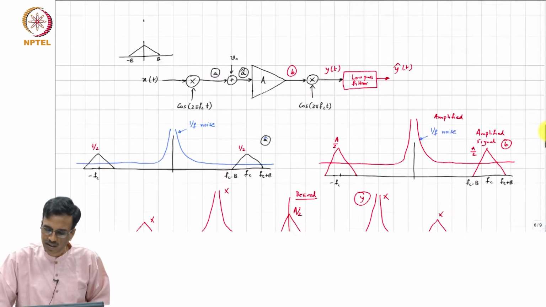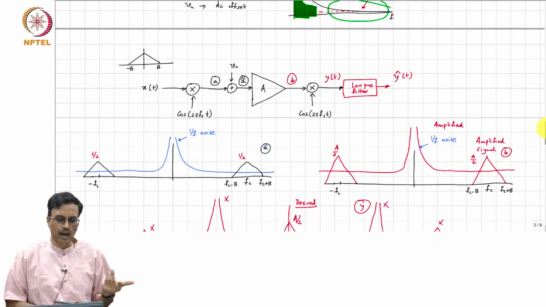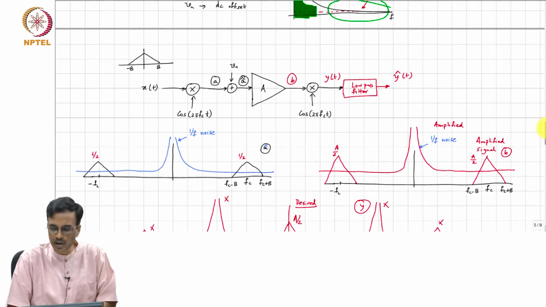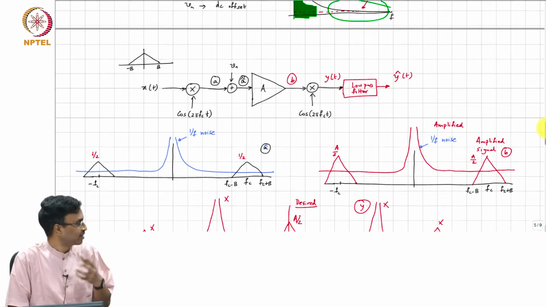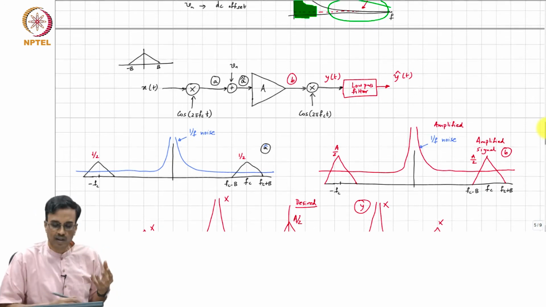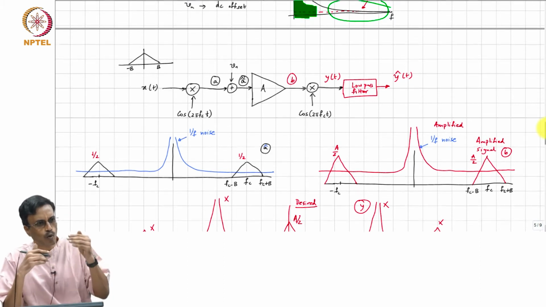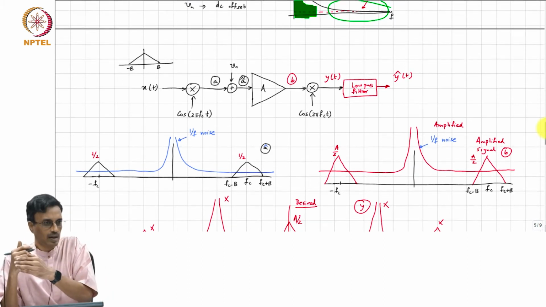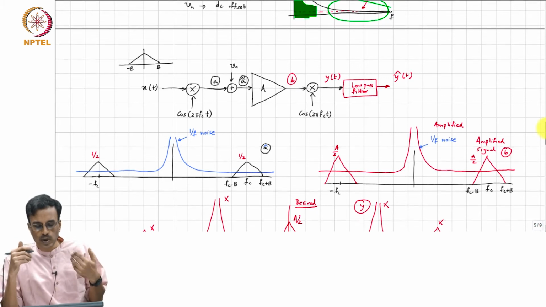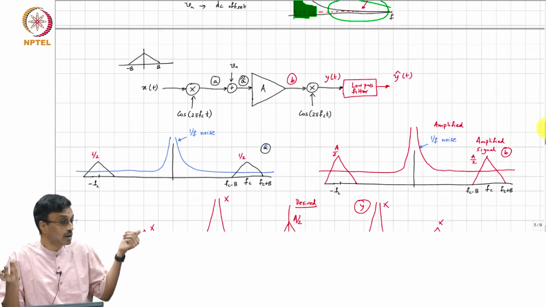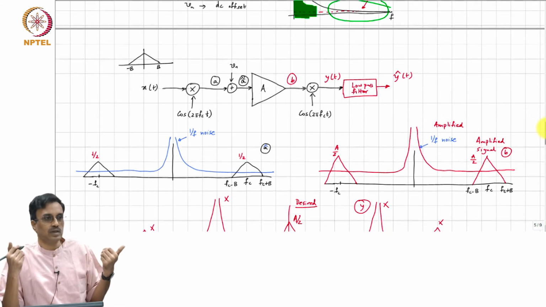Well, we have seen everything in the frequency domain. In the time domain, it is easy to understand intuitively what is happening. Flicker noise is concentrated at low frequency, so you can think of it as a slowly varying DC offset. If it is varying very slowly, and slowly with respect to what? With respect to the chopping frequency.